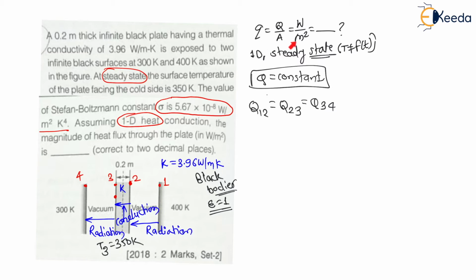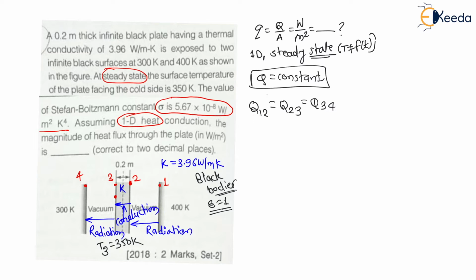Now the question is to find heat flux, that is heat transfer rate per unit area. Now here I can use any one formula. As temperature T3 is given as well as T4 is given, means the temperature difference between 3 to 4 we have available, right? So we can use the heat transfer between 3 to 4 for calculation of heat flux, right?